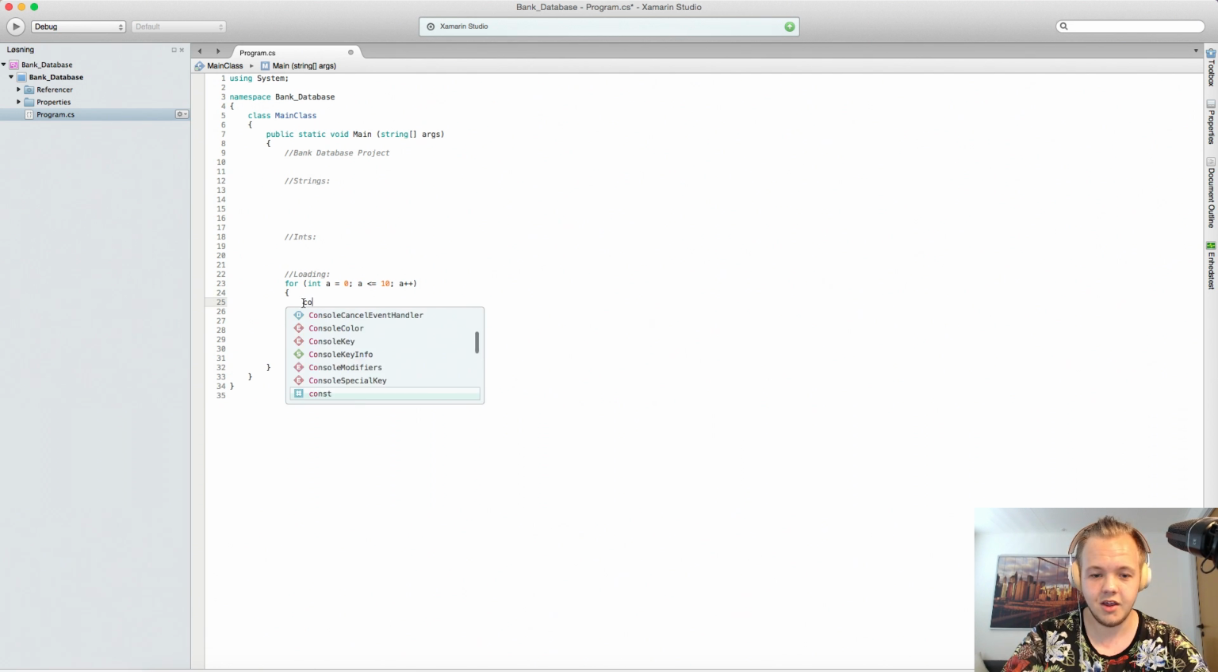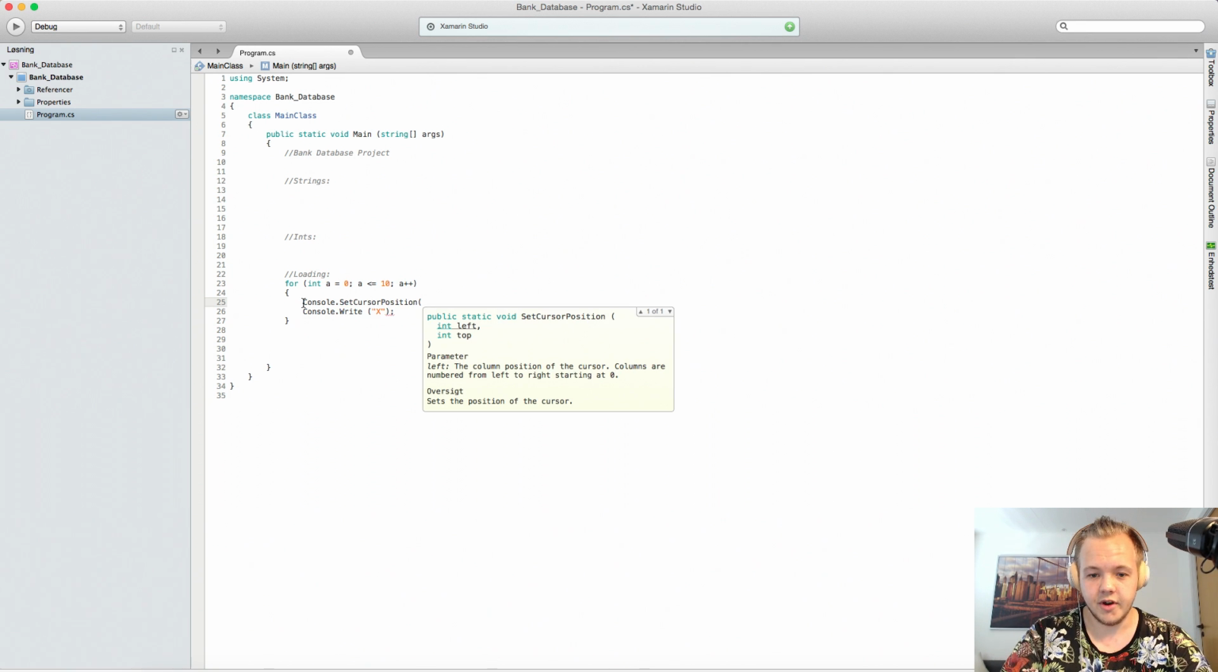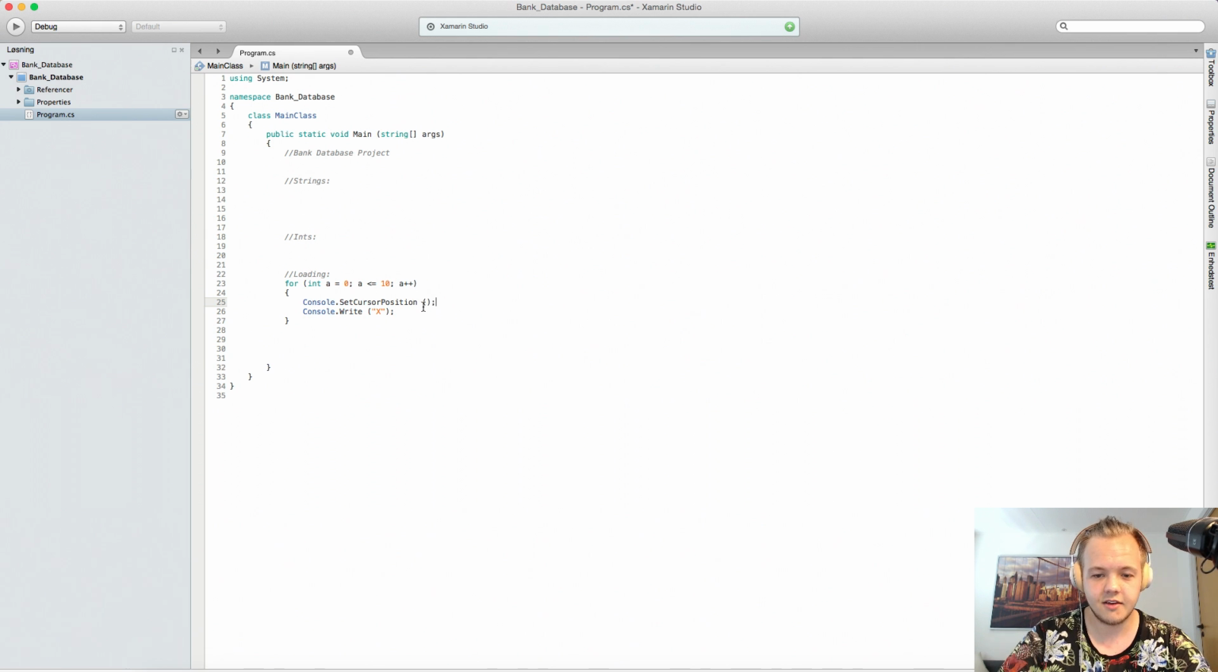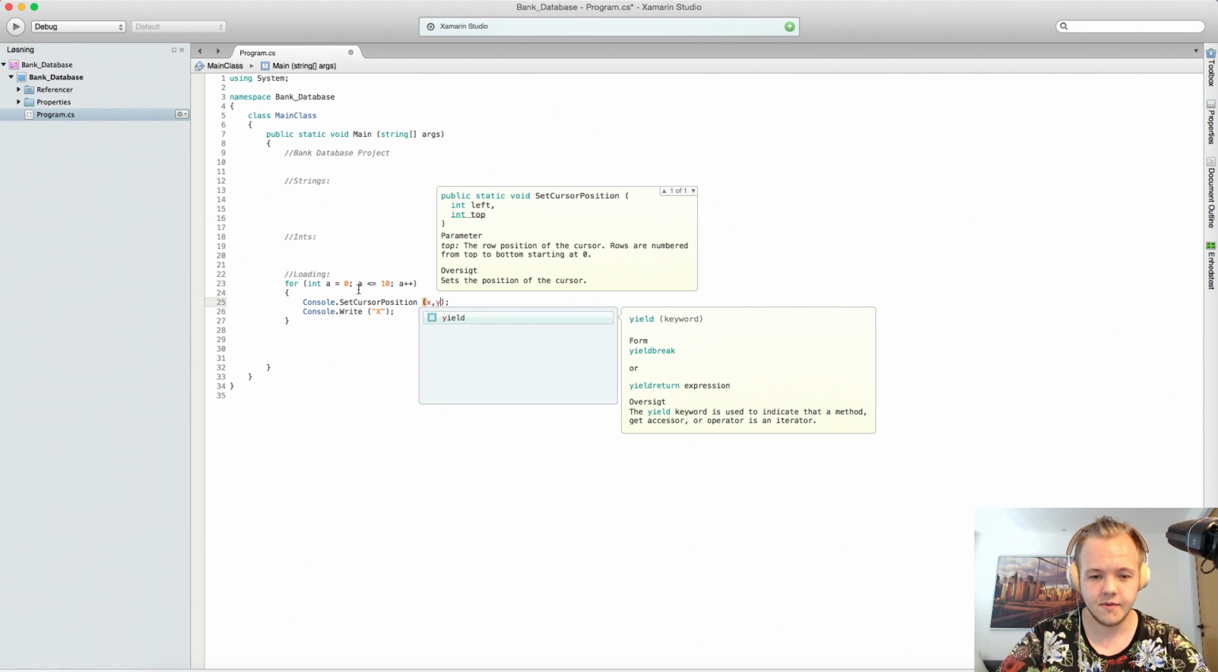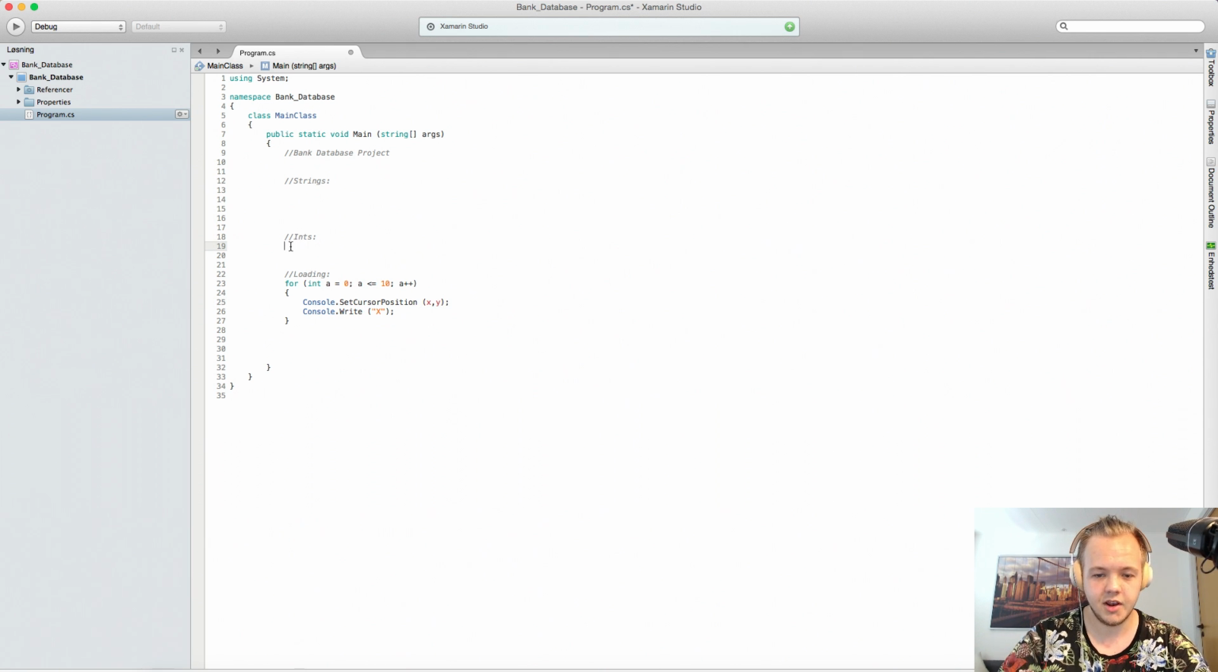So we'll be console, and we will set cursor position. And the first one, actually, we should probably create an int, but this will be X and Y positions. So up in this one, we'll create an X value, and we'll also create a